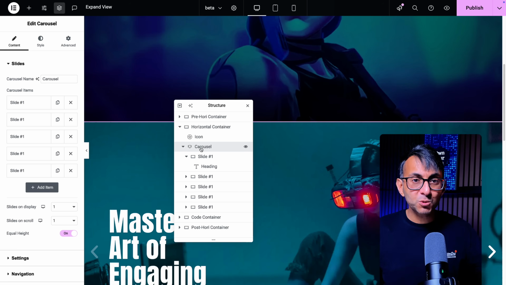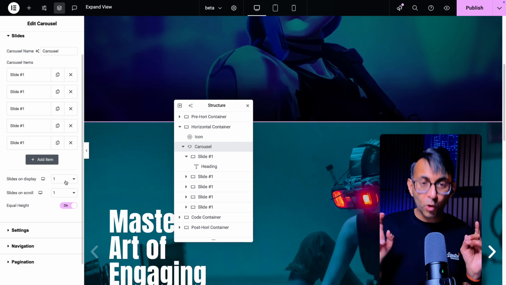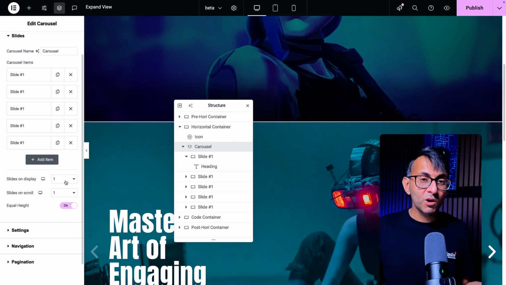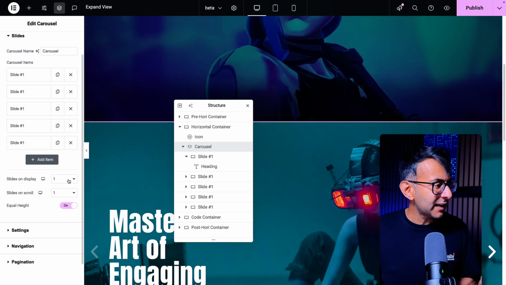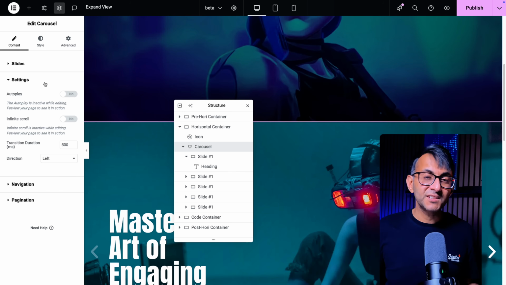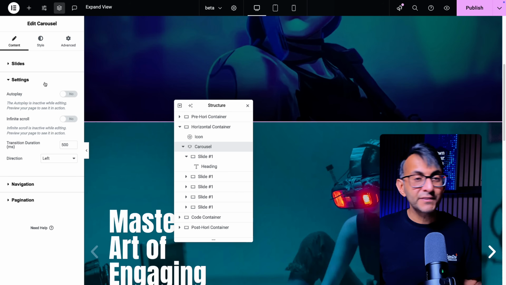If we go to the actual carousel that houses everything, I have set it to be one slide on display, and if you are scrolling, I've set it to be one as well. So one slide on display. You do 3, and you can get away with it, but you might just need to jig around with it a little bit. When we go to the settings, the auto scroll is off and the infinite scroll is off as well,